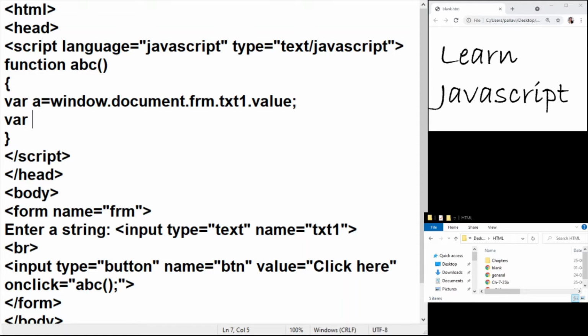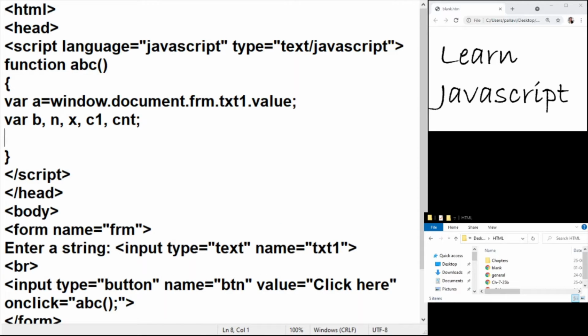So first thing I'm going to do is extract a string, and then I need to find out where the at the rate is. Okay, I will need one character, the x, to check. I'll need one variable to store the first character, and I will need a counter also to count, right?